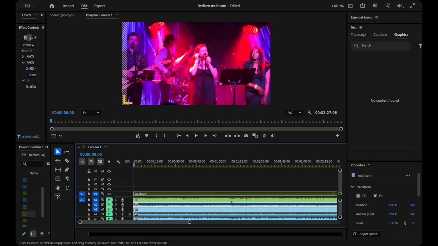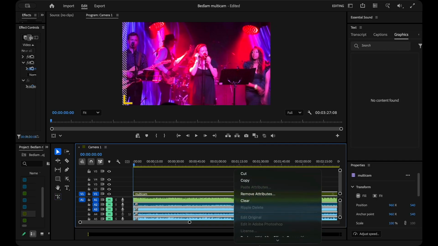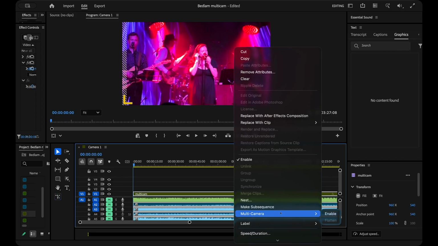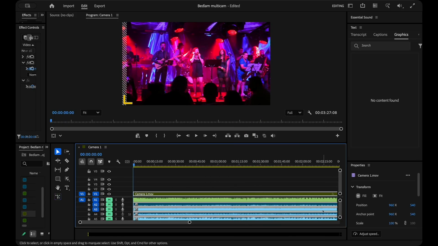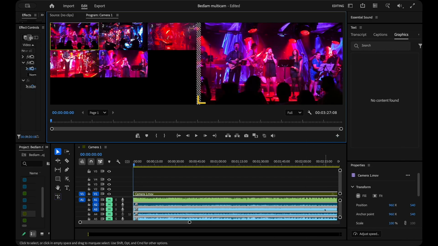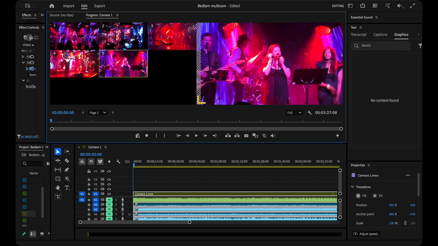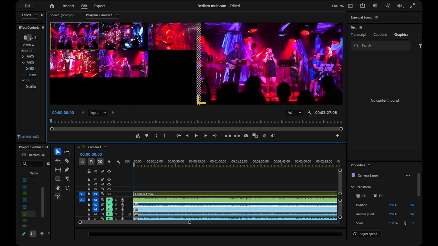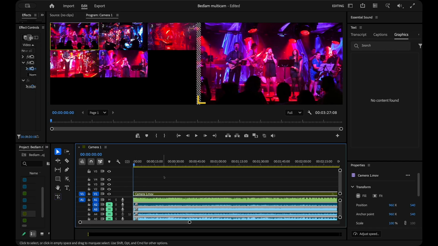We have to enable it, so we'll click on it and scroll down to Multi-Camera Enable. And the next step is to go to the wrench icon, click on that and choose Multi-Camera. And you can see all 5 cameras, number 5 being a duplicate of number 1 zoomed in, now appear on the left and the edited view is on the right. I'll enable the soundtrack again, and now all we have to do is to play the video, and we can either click on the camera thumbnail or use the number keys to choose that camera at that point.